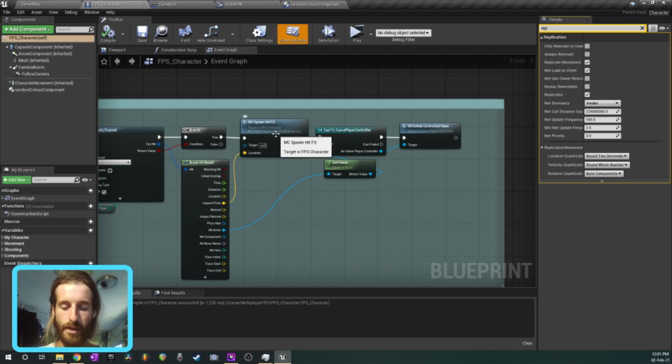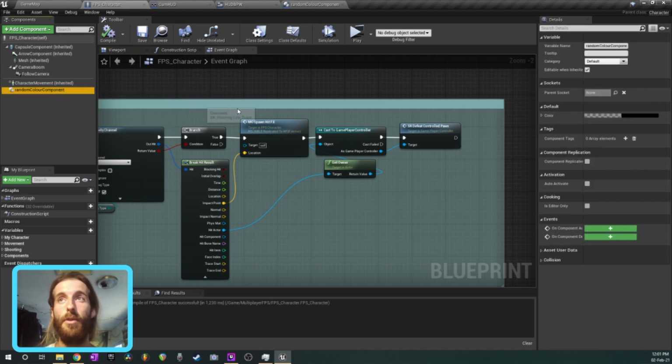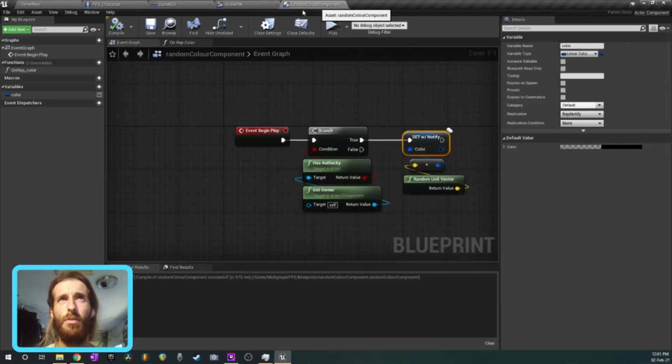When we have two players in the game, just in the default template, and you have the two instances of the game running, they're automatically running around and they're synced up with each other's games. Okay, that's because this is set to replicate here. But on the random color component which we just created, component replicates is set to false. Okay, so you could set that to true here, or a better way to do it, because we always want this to be replicated,